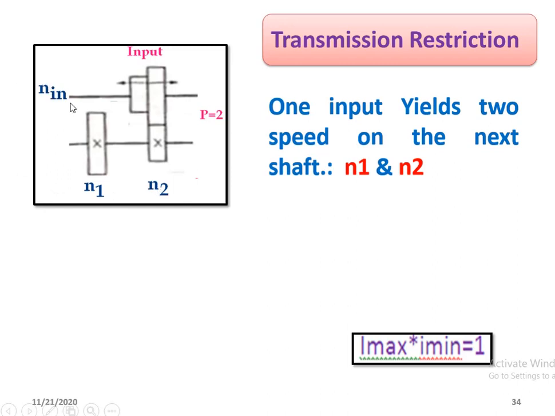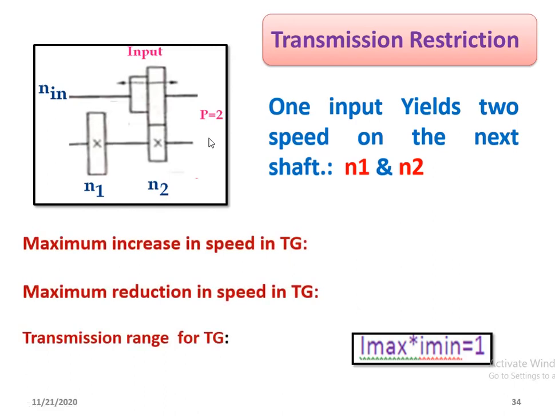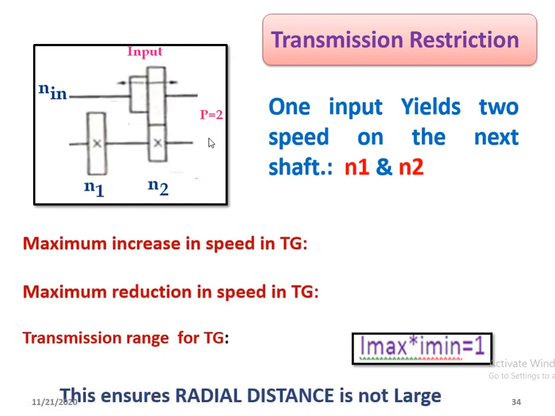This is the input speed, here the cluster is used, and the value of P is 2. So basically the maximum increase of the speed in the transmission gearbox and the minimum, or the reduction of the speed, is 0.25, and the increasing speed is double. So the transmission range for this particular